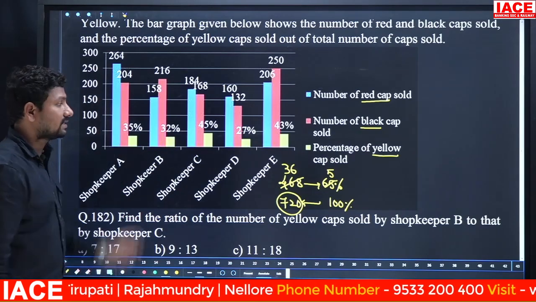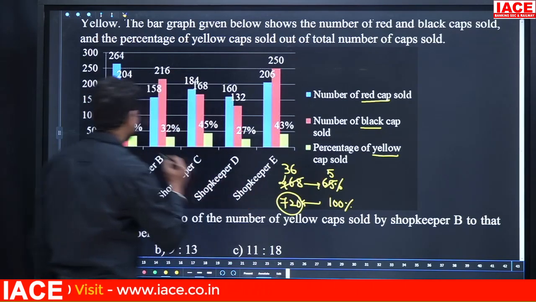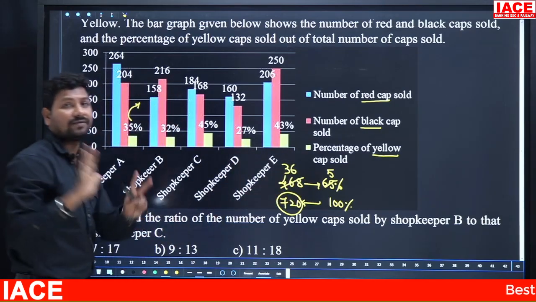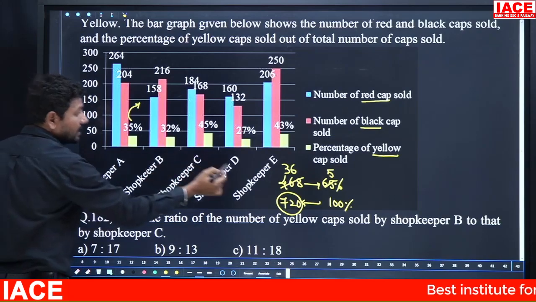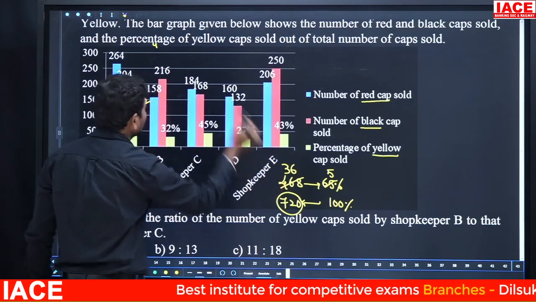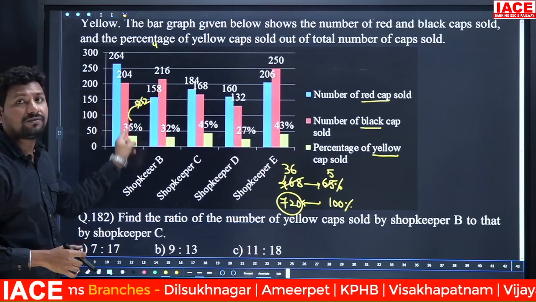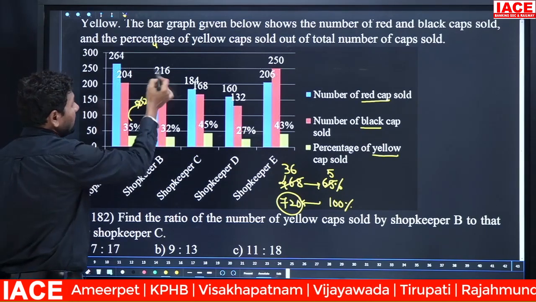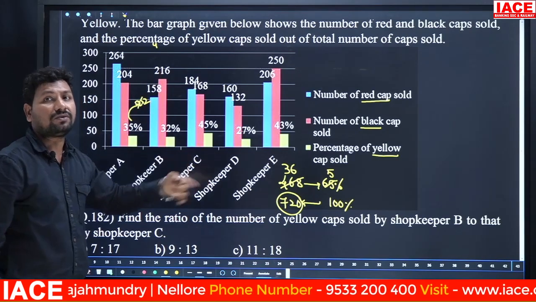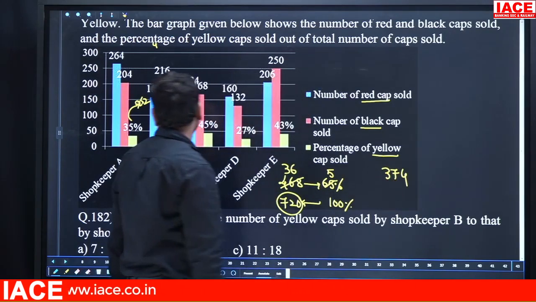Then for 35% we can write: look at 5% is equal to 36. 5% is equal to 36, so we require how much percentage? 35%. Then 35 to 5, how many times? 7 times. Then 7 times 36: 7 sixes is 42, carry forward is 4. 7 threes is 21, 21 plus 4 is equal to 252. Then finally its value is 252. Same thing here, 158 plus 216. 200 plus 150, 350. 16 plus 8 is equal to 24. 374 is equal to